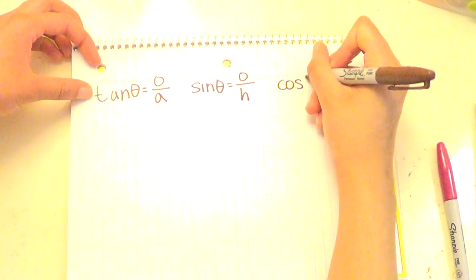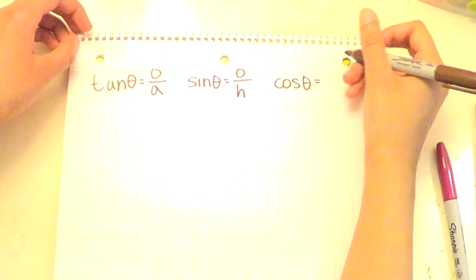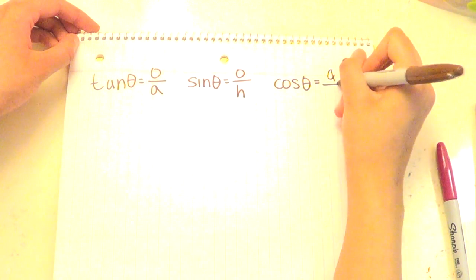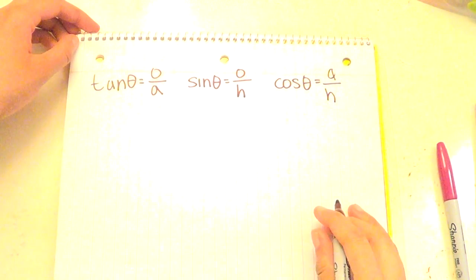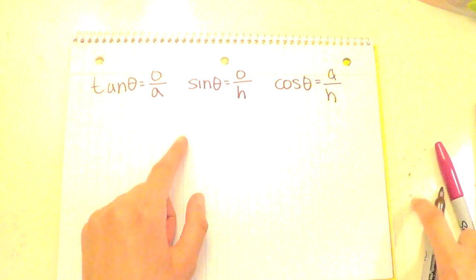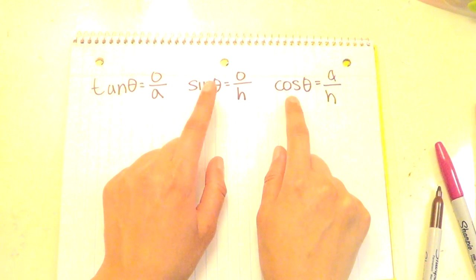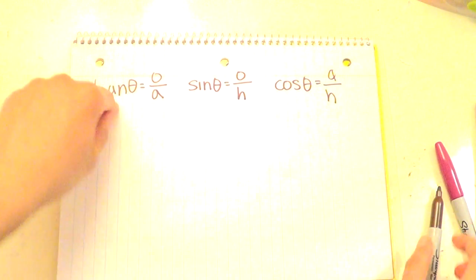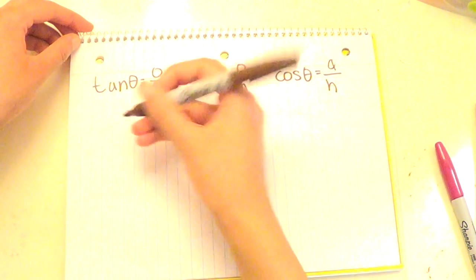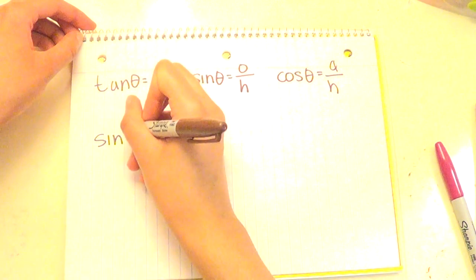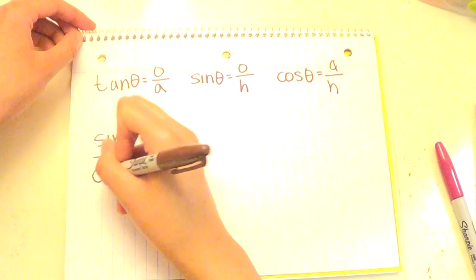Cosine theta equals adjacent over hypotenuse. So if you are given the values for sine and cosine only, and the problem asks you to find tangent theta, what you could do is sine theta over cosine theta